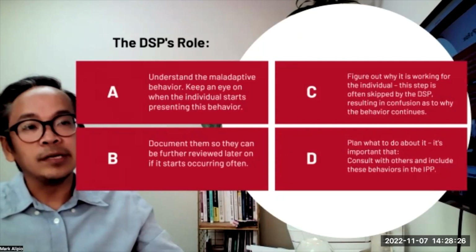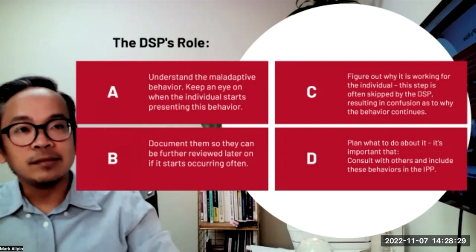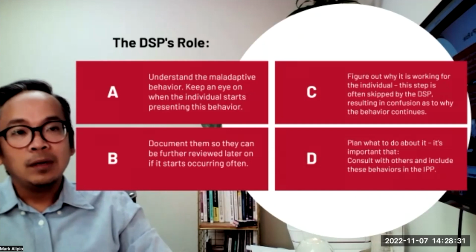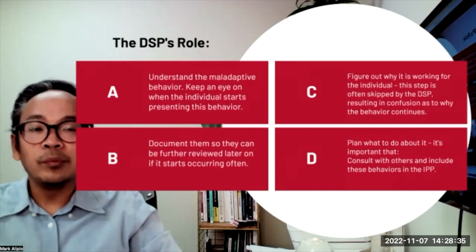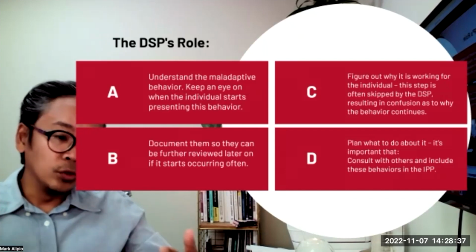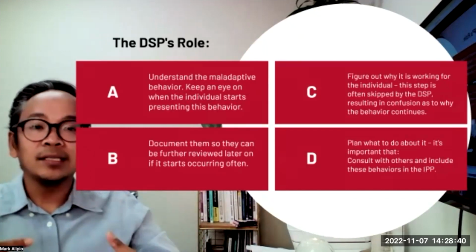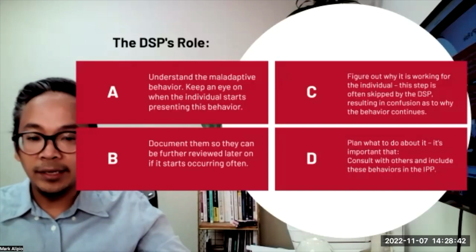So think of it as on-the-job training, right? Because we don't really know how that individual will react, but what we can control is how we will react and how long we stay in that